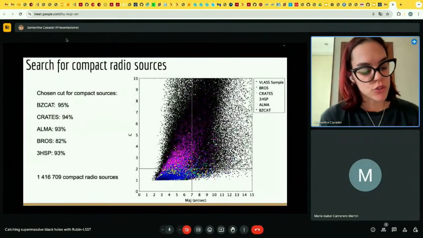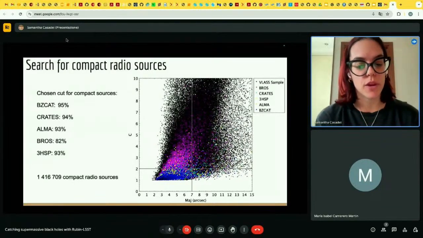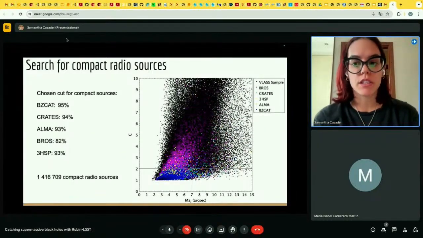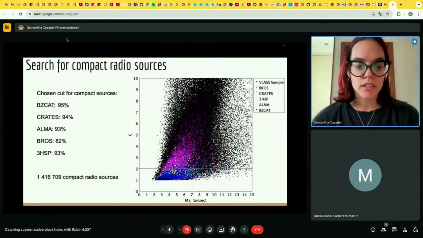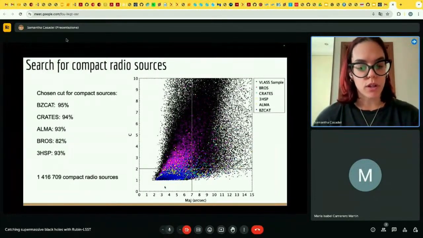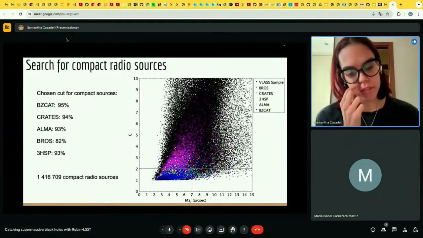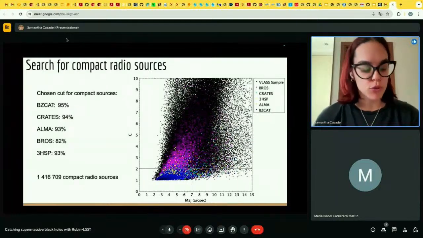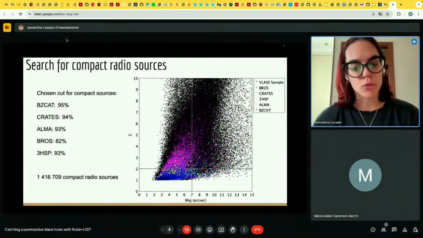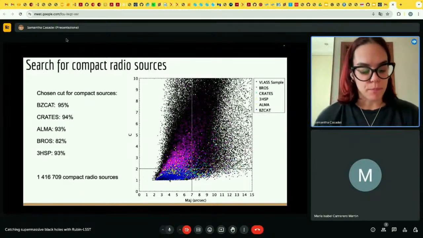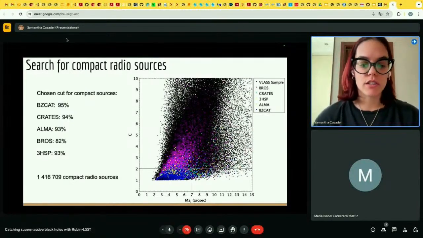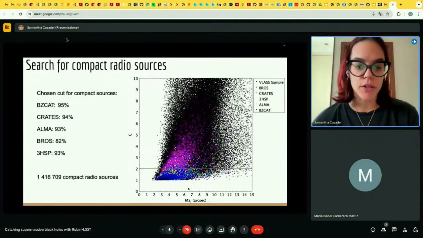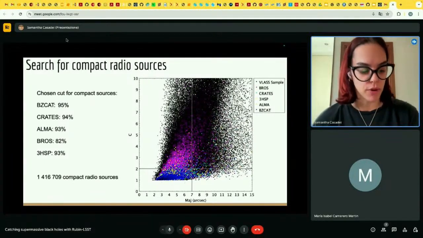And to select the compact sources, we also compared parameters with the other objects in the other catalogs. And we can see that all of the objects in the other catalogs are very well defined. They are found in a specific region of the plot, with the exception of PROSE, which has a little bit more dispersion. So we decided to just make a cut here and keep just the objects in this box